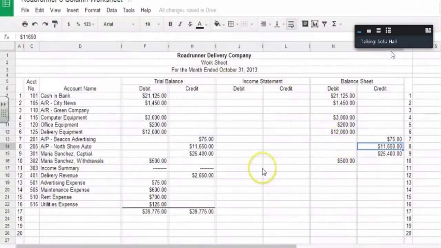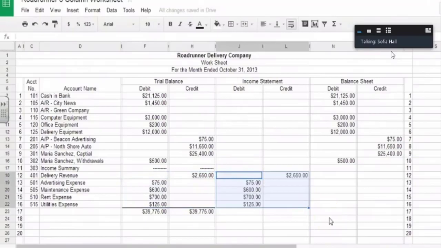Now, for our income statement, we are going to take our temporary accounts, or our revenue and our expenses. So we are going to take the 400 and the 500 numbered accounts, and we are literally going to copy and paste them over in our income statement, okay? Now, we need to figure out what the totals are for these rows, right? Now, do you think they're going to come out equal? Well, let's find out, okay?